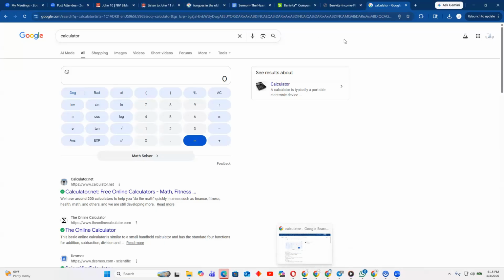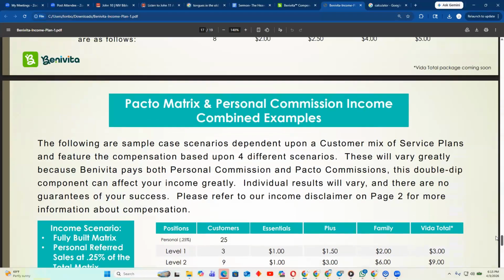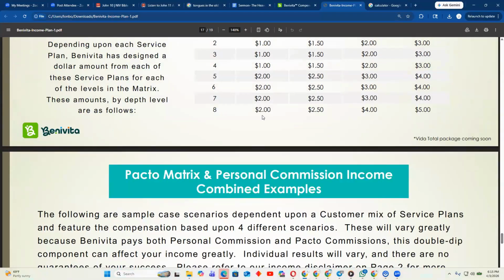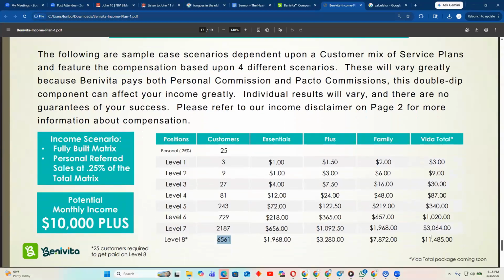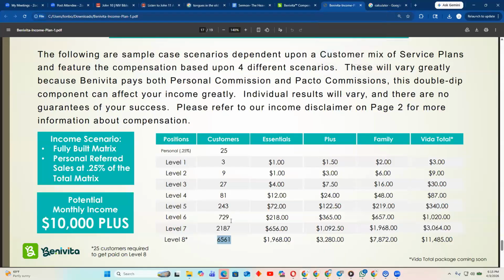Well, it's probably right here. All right, 6561. And remember, on level 8, how much do you make on level 8? It says $2. So there's going to be 6561. And if you fill that all the way up, it's going to give you $2 a person. And let's just see. So that's $13,000 just on your level 8. So you want to always stay with the 25 people, because just on that one level alone is $13,000 a